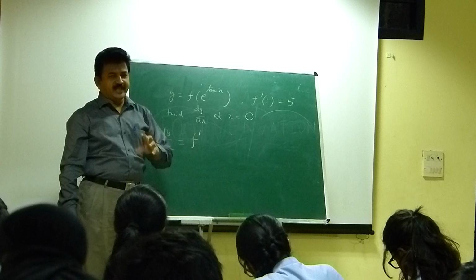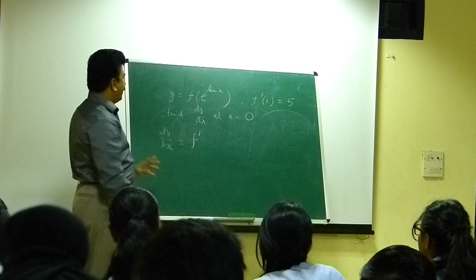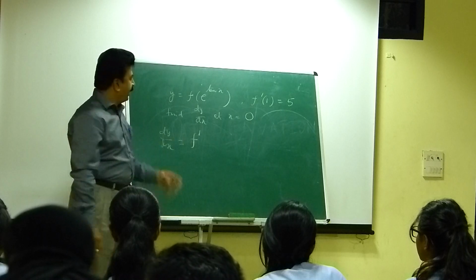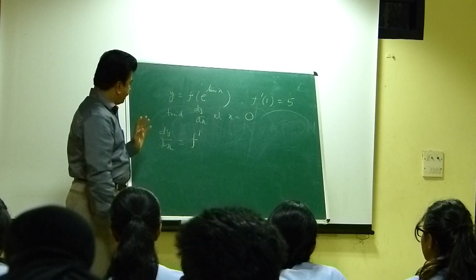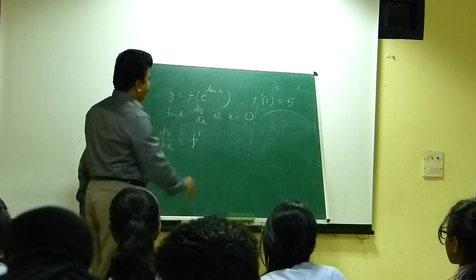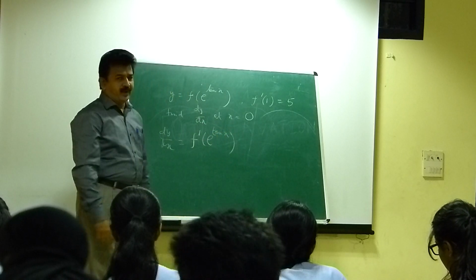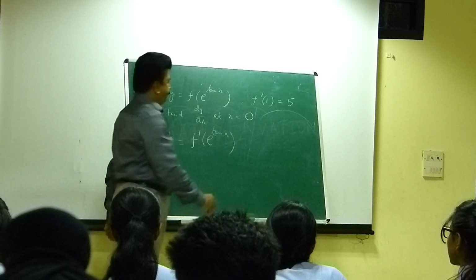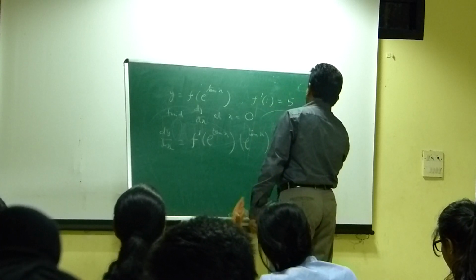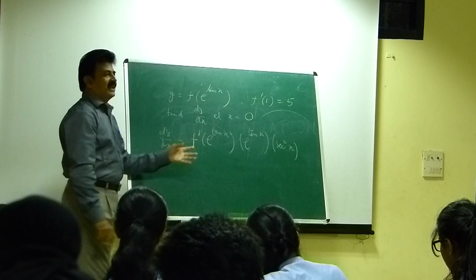I am putting myself in your shoes. What I think is, oh, f of something is there, let me start and see how the problem goes. I know the chain rule, how to differentiate. So I go ahead with dy by dx. The function I differentiate, that will be f dash. And e power tan x is a function of e power tan x. Then I differentiate e power tan x, so I get e power tan x followed by sec square x. This is the dy by dx expression.